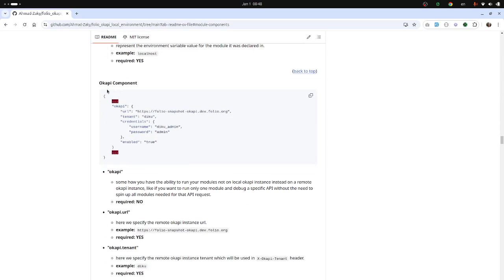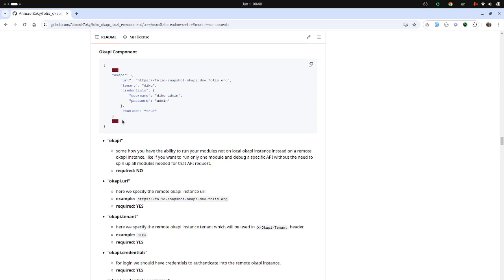The next one is the okapi component, and this one is not that important, I think, but while developing the script, I added that feature and I didn't want to remove it, so I simply kept it in the script. It's simply a way to connect your module directly to a remote Okapi instance. Instead of running Okapi locally, you want to connect to a remote Okapi. Okay? In that case, you need these